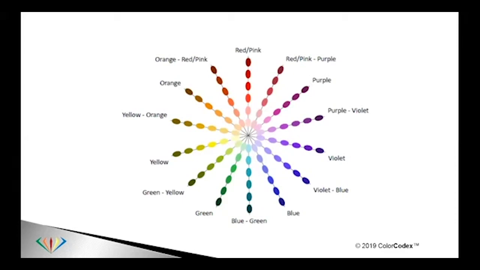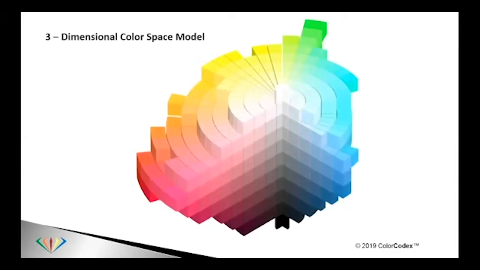And so they see it in a very linear kind of fashion. But in reality, color is more of a three-dimensional model, as you see represented here. And so there are three essential components. Using this model, you can see, so around the perimeter, I'm going to try and use my